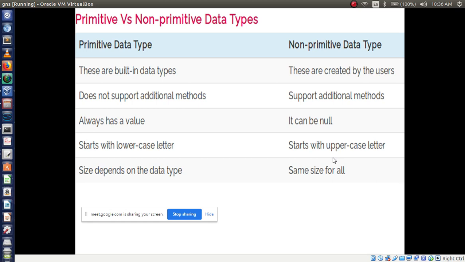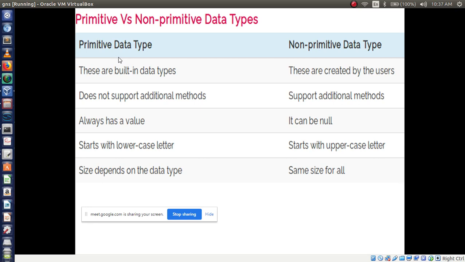So primitive data types are built-in data types. Primitive data types are what? Int, float, char, boolean. These all are built-in data types. But non-primitive data types are created by users. We are going to create those data types.